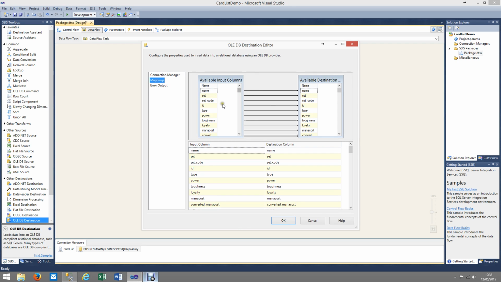Now sometimes it might be a case that these have incorrectly mapped across to the wrong fields, so what you might want to do is push the control key and click on all those that are wrong, and you can right click on that thick line and click delete selected mappings. Simply put, you click on the name and then you just drag it to where you want it to go, and that will put them back in place for you. So if we click OK,